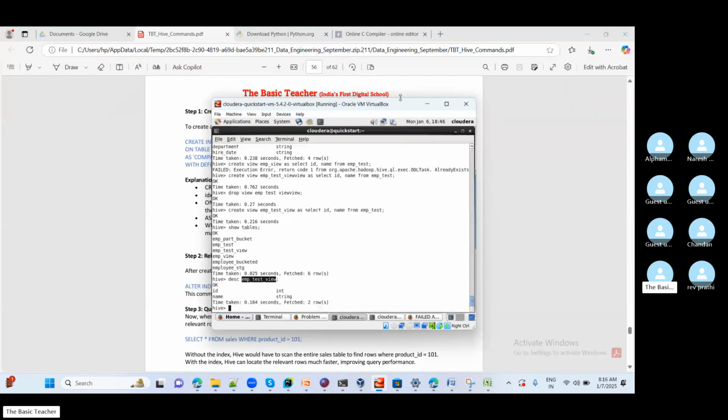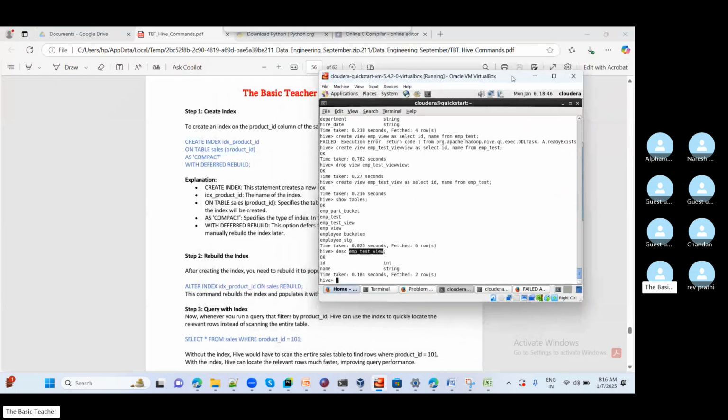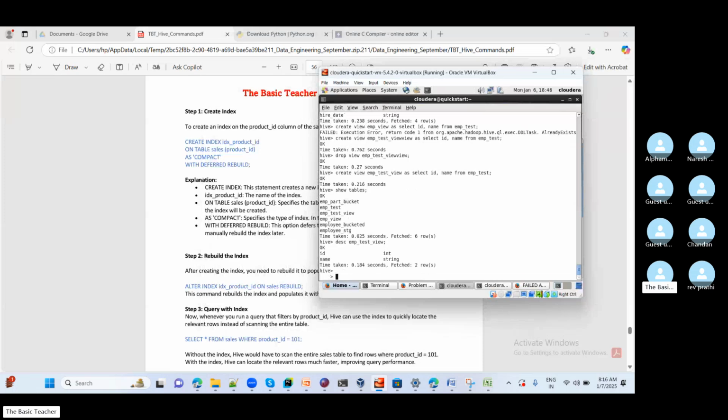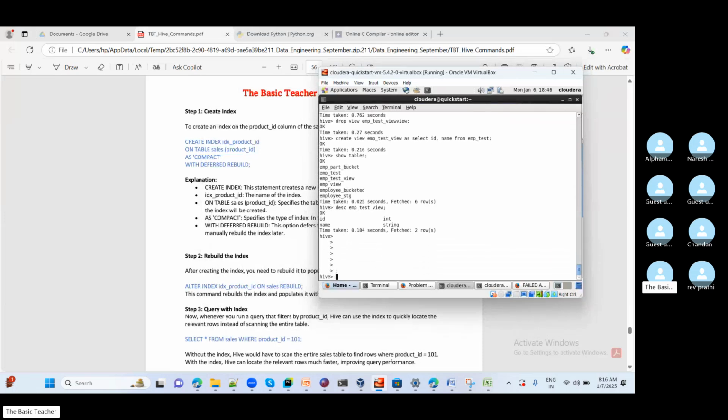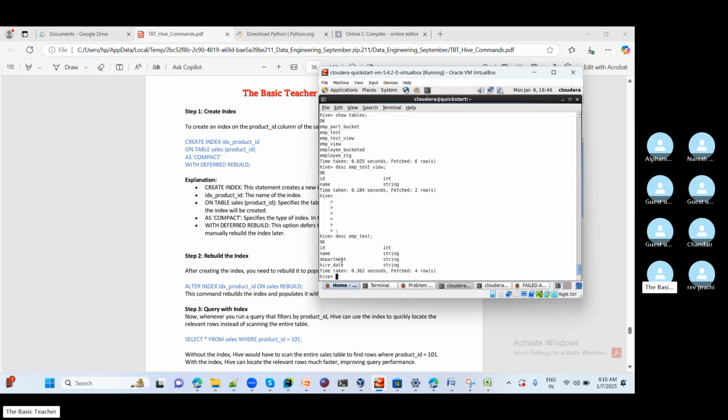Simply the same we can follow here in our exercise. I will minimize it to take the query reference from here, and we'll do it. So let's say first I will do describe employee test. Our column names are ID, name, department, and hire date. So let's say the ID column for creating the index. So create index, and you can give any name. This is just a reference. Employee ID,